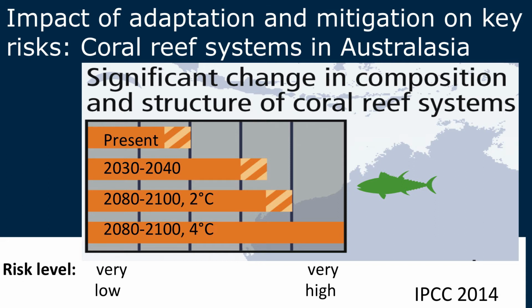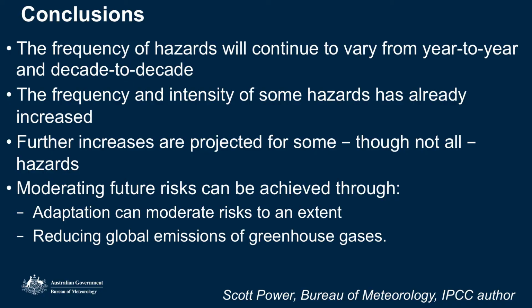But by the time we get to the end of the 21st century, the risk crucially depends upon what we do with global greenhouse gas emissions. And you can see that if the warming exceeds 4 degrees, then adaptation doesn't move the risk away from being very, very high. So in summary, we've seen that the frequency of hazards affecting Australia vary from year to year and decade to decade,